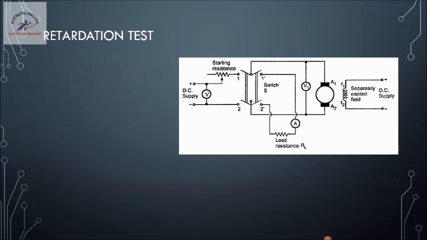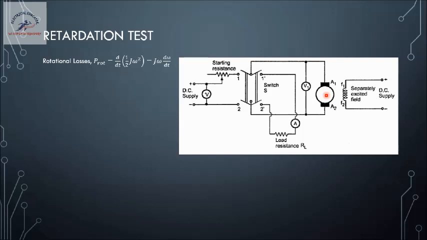Rotational losses are denoted by P rot. It is nothing but the rate of change of kinetic energy. Even after removing the supply to the armature, the rotor tends to rotate because of a phenomenon called inertia. The energy which makes this motor rotate is its stored kinetic energy. If it was a linear motion, we can call it half mv square, the formula for kinetic energy.